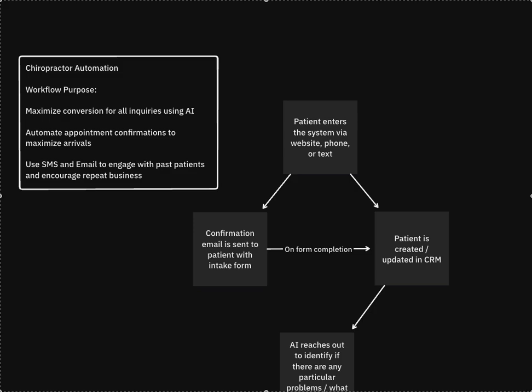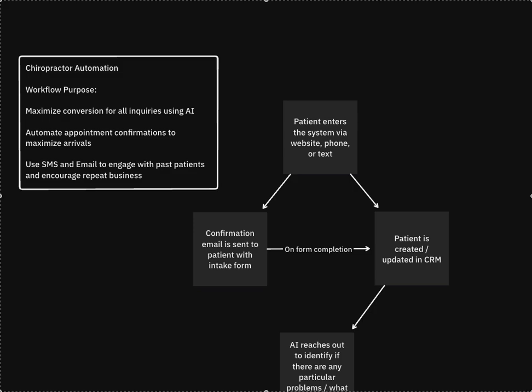We're going to automate those appointment confirmations just to maximize the amount of arrivals, not going to be dealing with a ton of no shows. And we're going to use SMS and email to engage with past patients and encourage repeat business. So, this is all going to start when a patient enters the system via website, phone, or text. AI will be on the front end of that for the phone and text. You could integrate a chatbot into the website as well. However, most of the time on websites, just filling out a form is the easiest way to go about